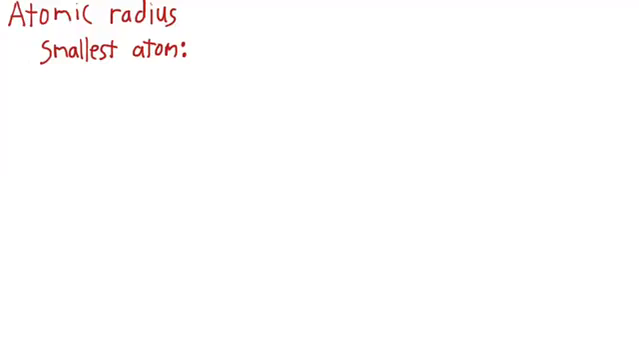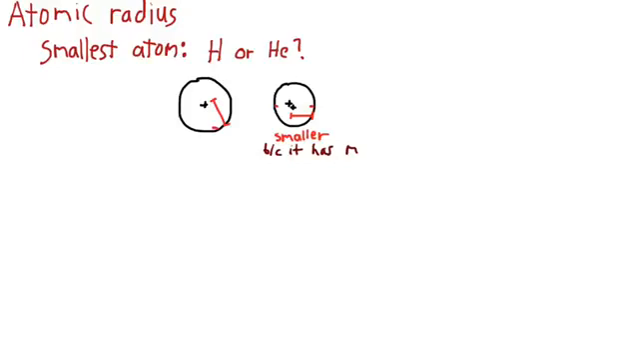So you probably think it's either hydrogen or helium, because they have the smallest masses, the smallest atomic numbers, smallest number of protons, least number of electrons. So, hydrogen or helium. Let me draw them for you. A hydrogen atom has one proton and one electron. A helium atom has two protons and two electrons, and it's a little bit smaller because it has more protons,